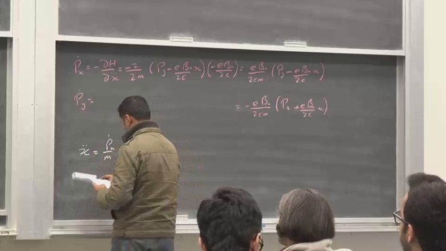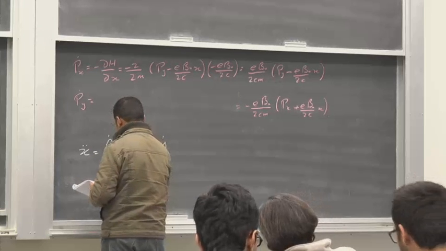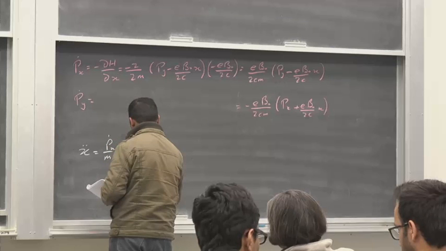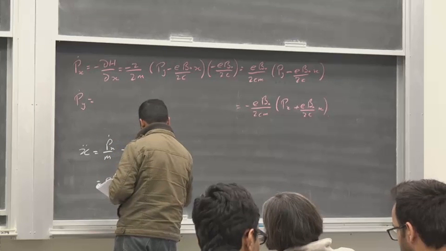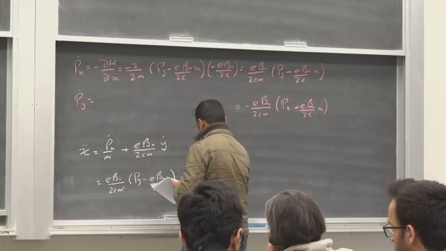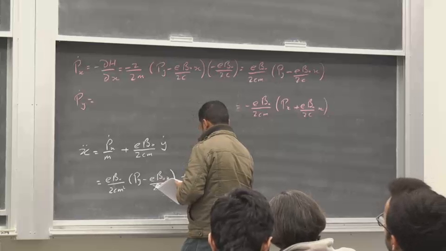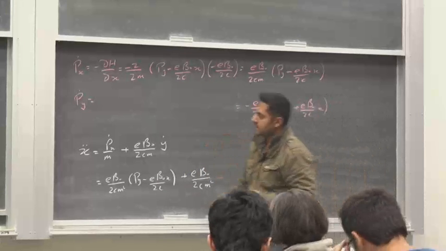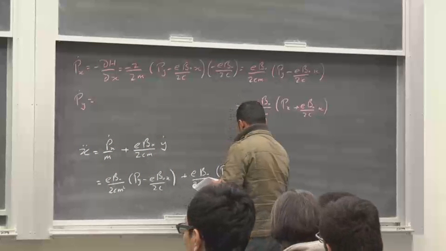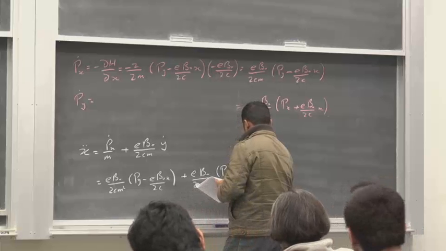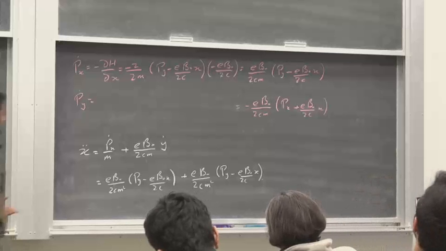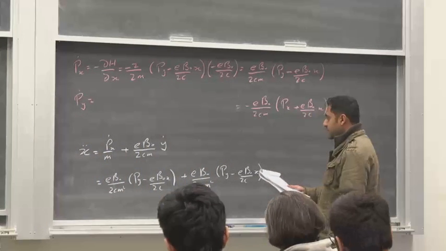So this gives me e v naught over 2c m squared, one m came from here, and I'm just placing the expressions of py and px dot. Cx, and the y dot expression I now put in: py minus e v naught over x. So they just add up to give me